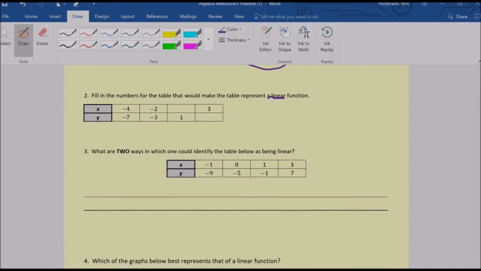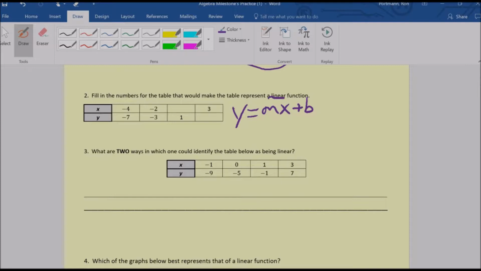So the only way we could go about doing this is we need to figure out, if it is linear, it's going to be in the form y equals mx plus b, as I'm sure you have heard that many times by now. Your input is your x, that's these numbers up here. Your output is your y, that's the numbers down here. The m value is your slope, or the rate of change, or the steepness. And the b is going to be where it crosses the y-axis, like where it is in the graph, okay,